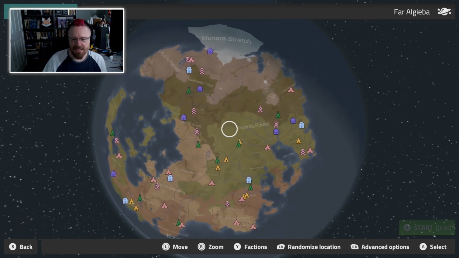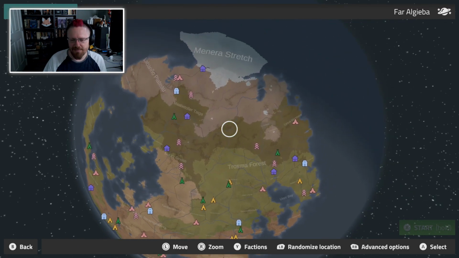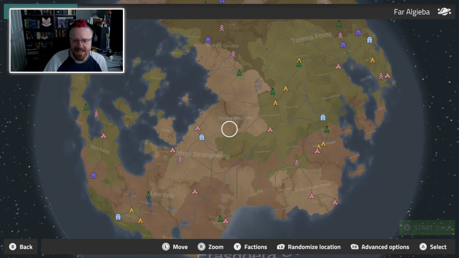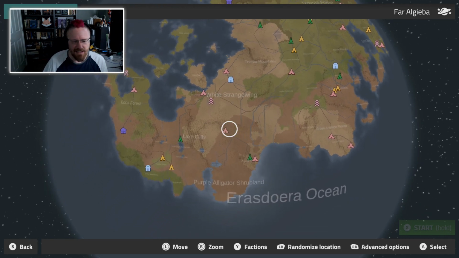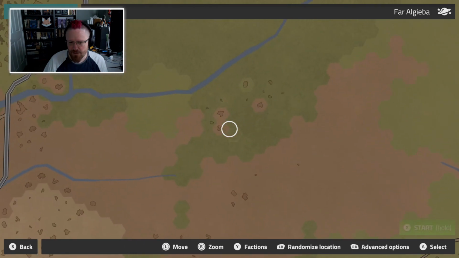Okay, so we've got the classic world. I'm navigating it with the left stick. This is the part of the game that does make the most sense with a controller. So I got to decide where I'm going to start. One thing I'm not seeing is an evaluation on the screen of what each of these areas is. If I zoom in more, is that going to...